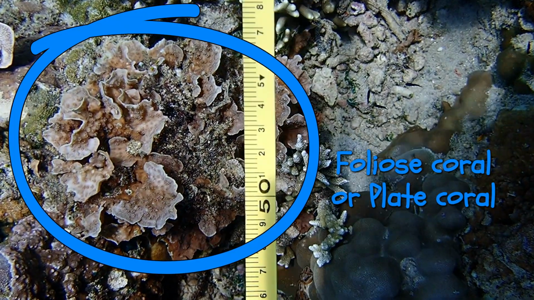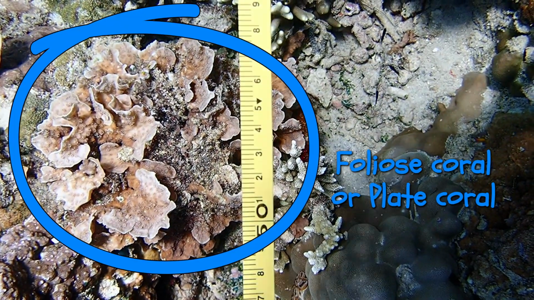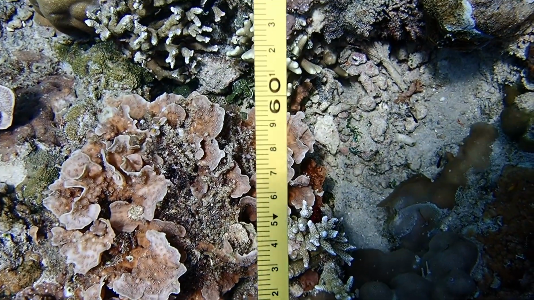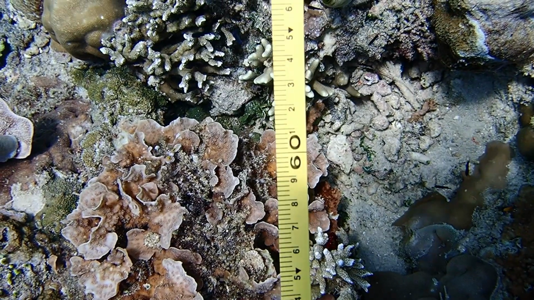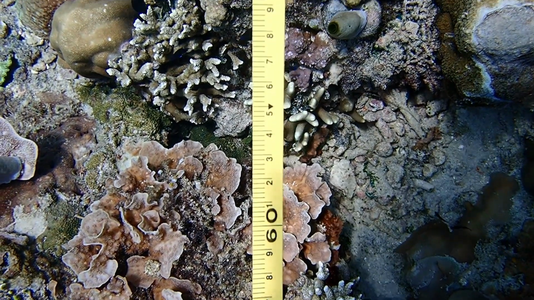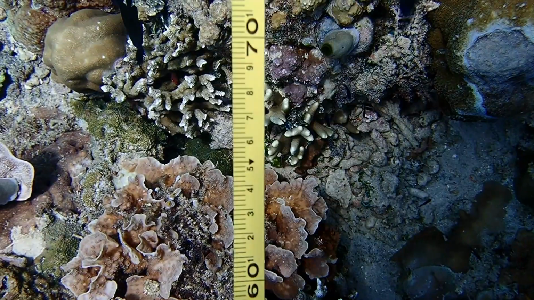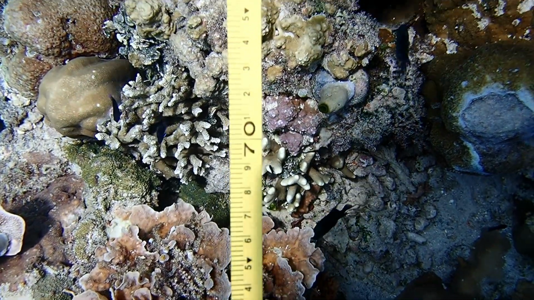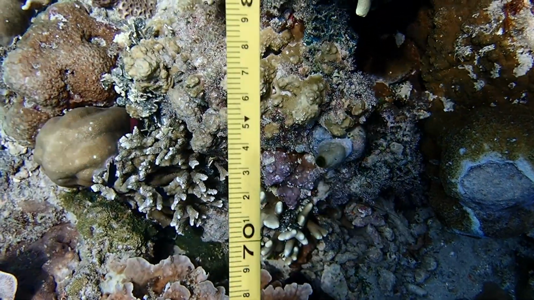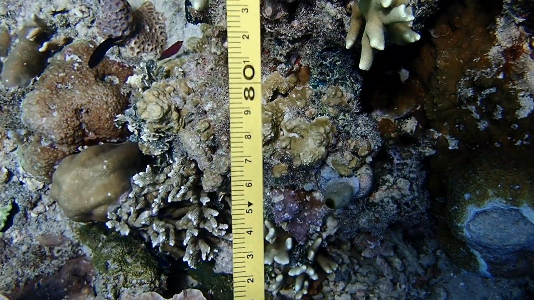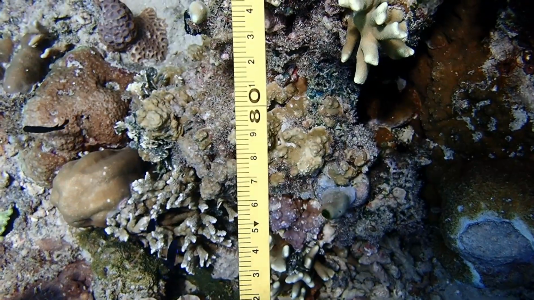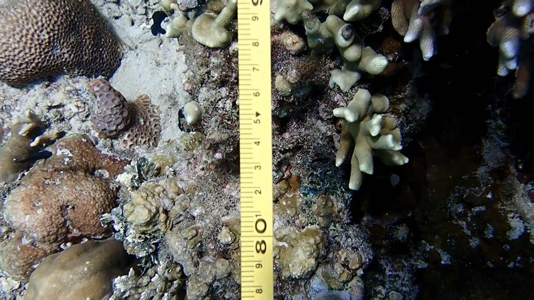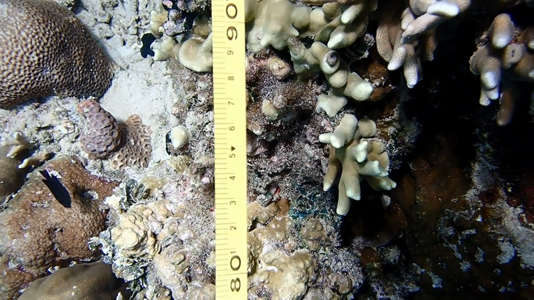Then foliose coral, also known as plate coral, follows up to 266 centimeters. Then, before the dead coral with alga, we find water with 2 centimeter length, and digitated coral for 4 centimeters, up to 272 centimeters. The dead coral with alga is 28 centimeters long, ending at